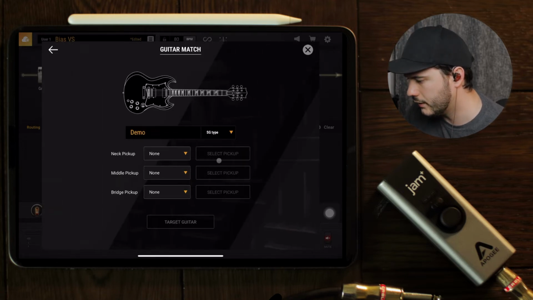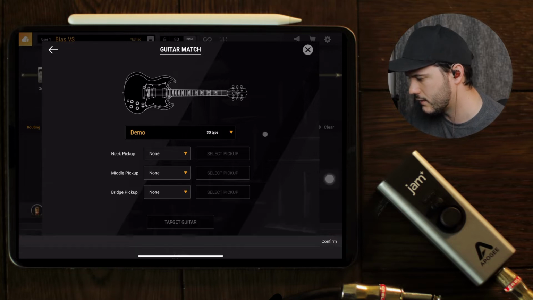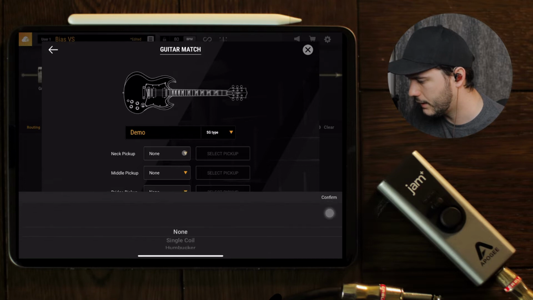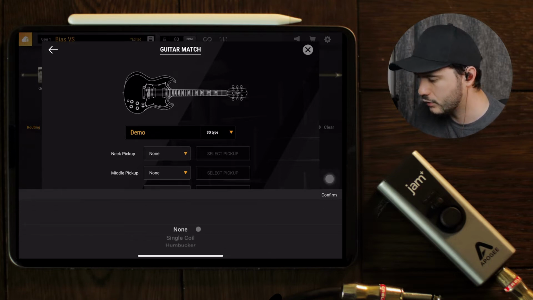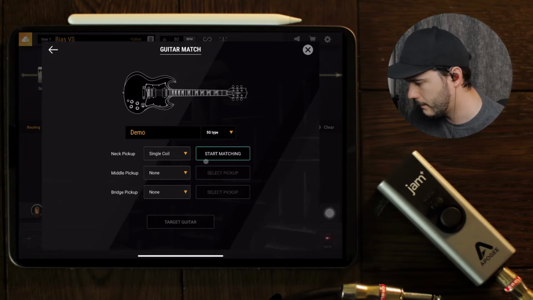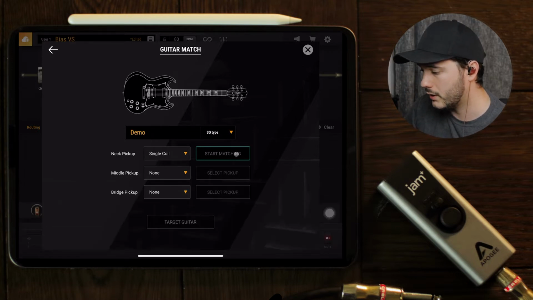And what you do in here, and you can actually change the type here if you didn't pick the right one. And then you pick what kind of pickup, like if it's a single coil or a humbucker. So with my Gibson, in the neck position, it's a single coil pickup. So you're going to confirm that. And then what you do is you come in here,